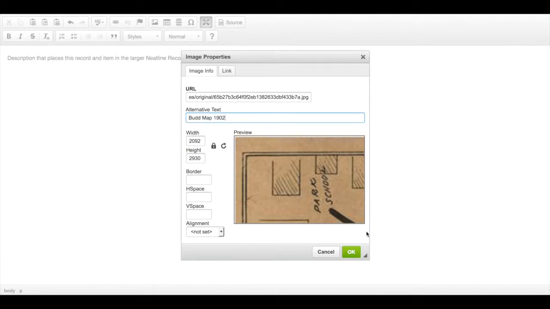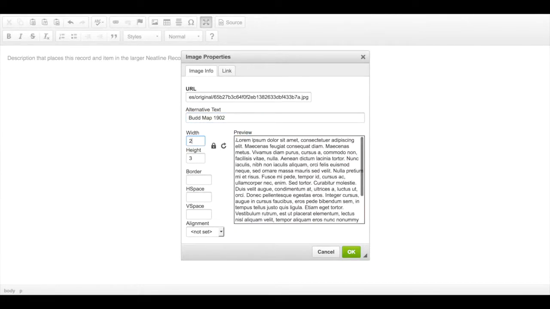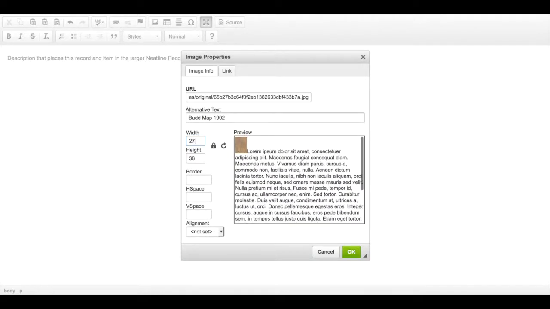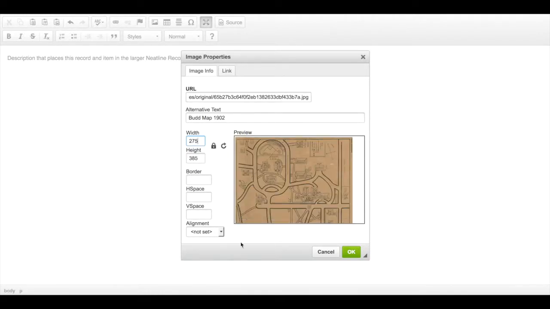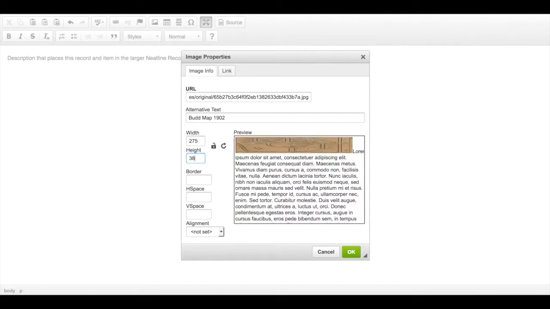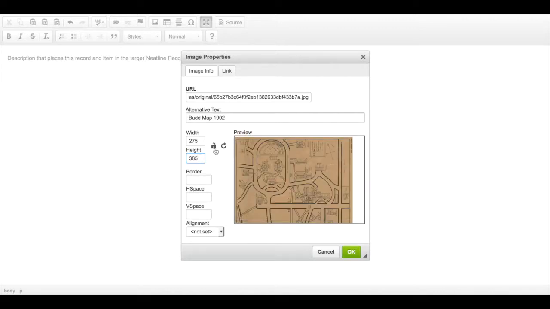Notice in our preview that right now the image is coming in as very large. I might want to make the width, let's say 250 or 275. And this will more closely match the width of the Neatline bubble for the record. As long as we keep this little icon, the lock, closed, our width and height will change in proportion to one another, so it will maintain the correct scale of the image. If we unlock that, this scale can be changed by changing just one of the parameters, width or height. So it's a good idea to keep that lock